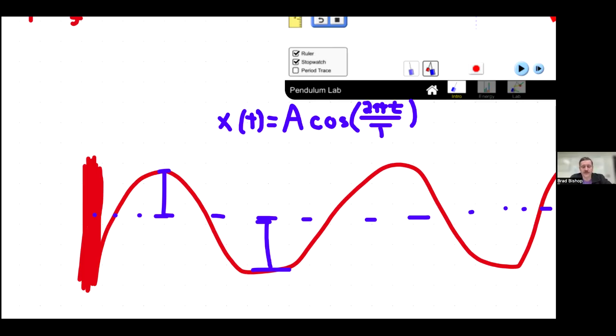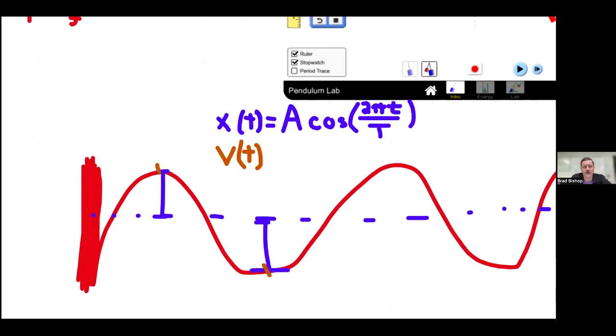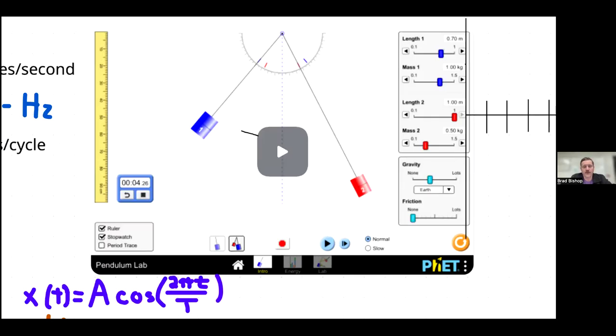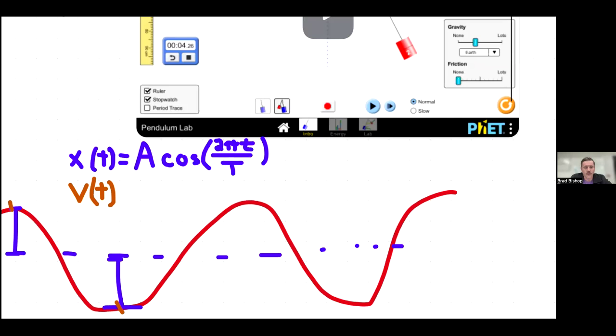The other version of this equation would be if we wanted to write this in terms of velocity. So velocity at some time period, because we know that the speed is going to increase and decrease. Speed is at 0 at the peak and at the bottom, so the crest and the trough, or on our pendulum, we know our speed is 0 when we're all the way to the left or all the way to the right, and our speed is the greatest when we're back at 0 position. So our velocity graph is going to be actually a negative value, because of that harmonic motion, negative maximum velocity, so V max,